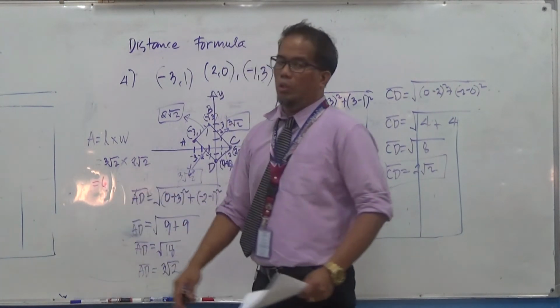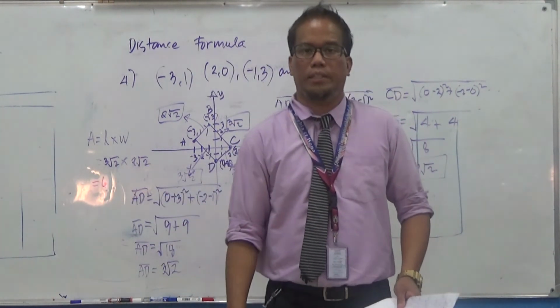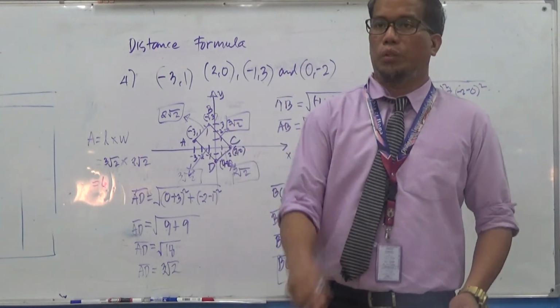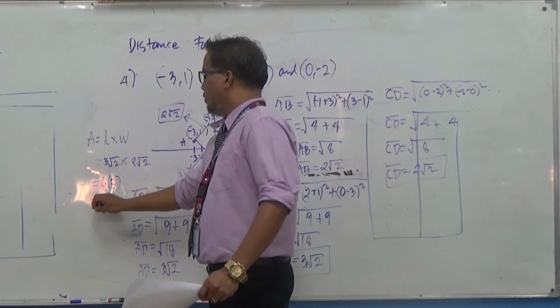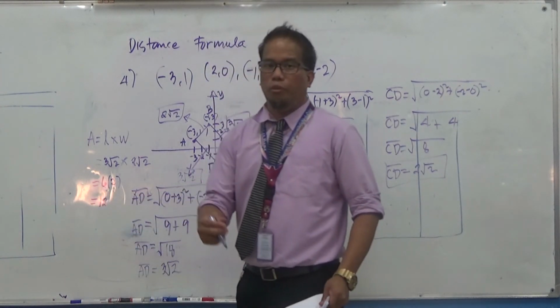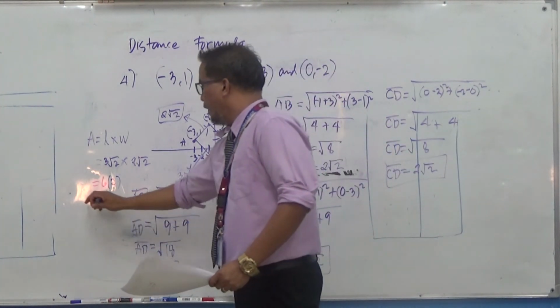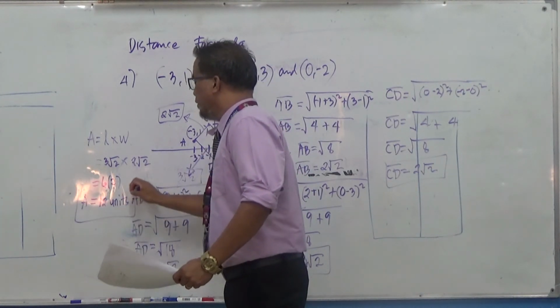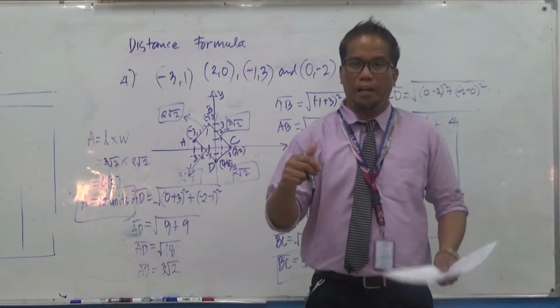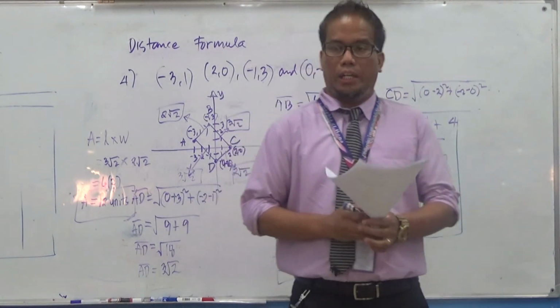Then square root of 2 times square root of 2 is the square root of 4. The square root of 4 is 2. So 6 times 2 is equal to 12. So therefore, the area of the rectangle is equal to 12 square units. So this is now the final answer. Okay, guys? So that is in question number